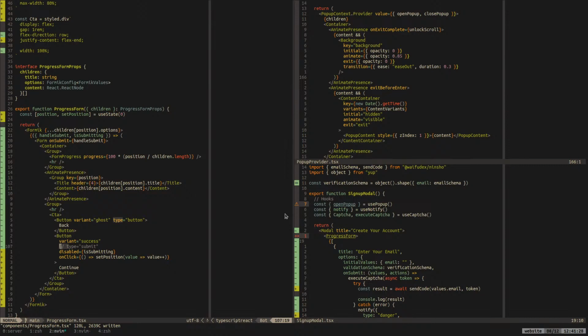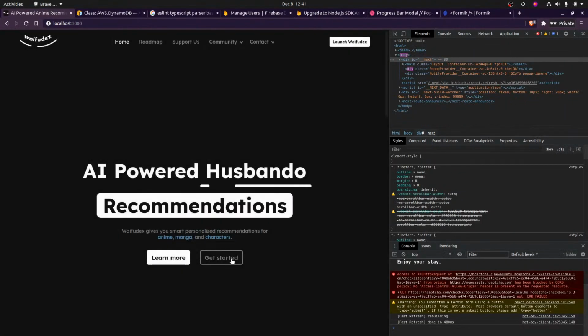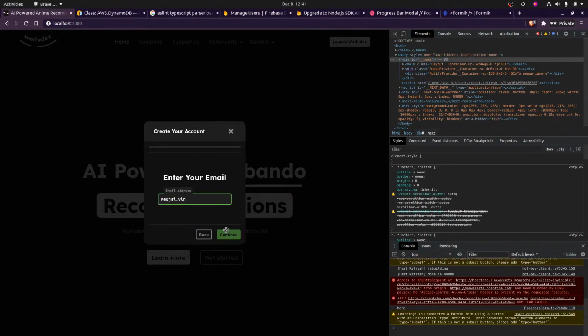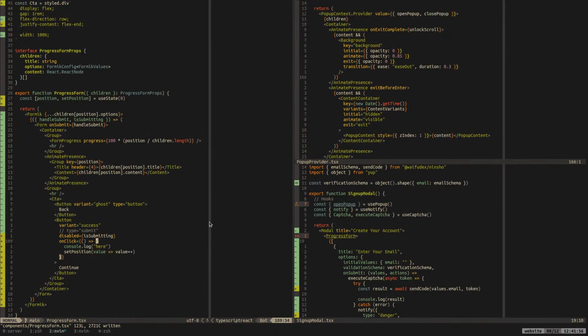That's interesting. Okay, it gets there, and it doesn't seem to increase the position or do anything.